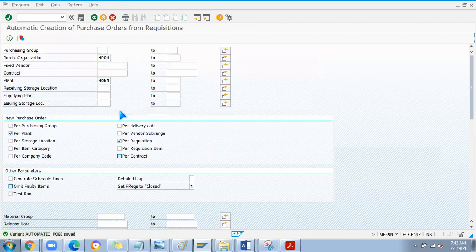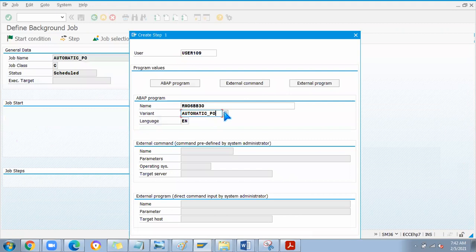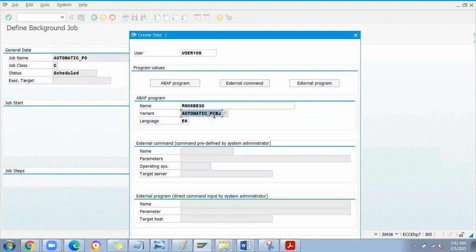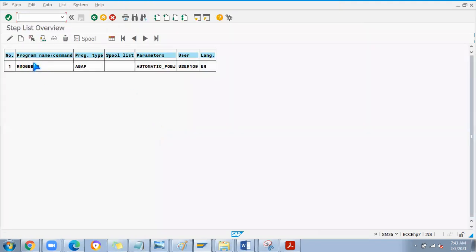Okay, now I saved this, so I'll go to batch job creation page. Here I'll choose automatic PO batch job, this variant, and then I'll go to check, then okay, save. Okay, now see the program name, the job type and parameters which I've selected.